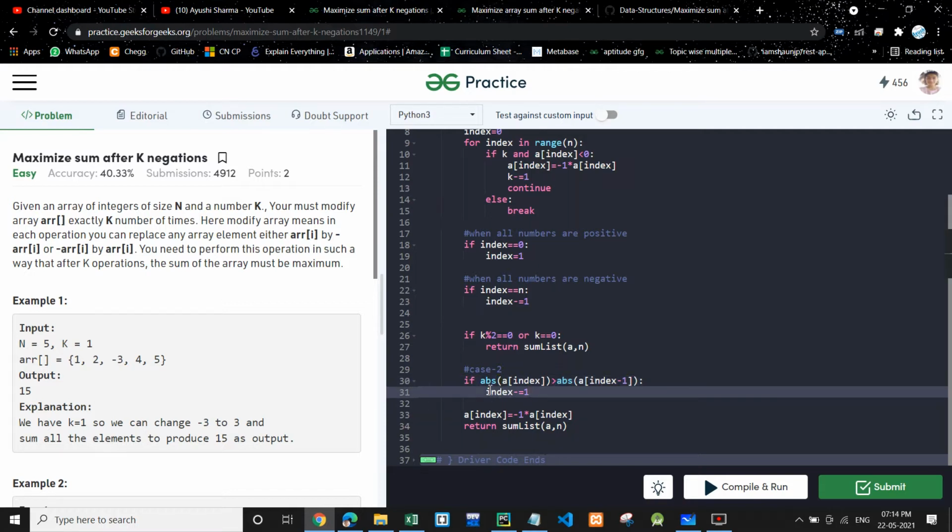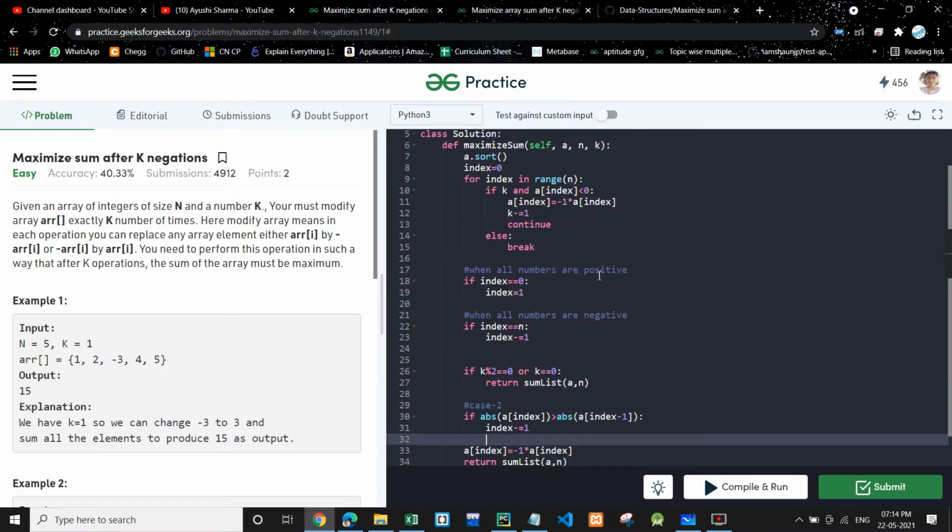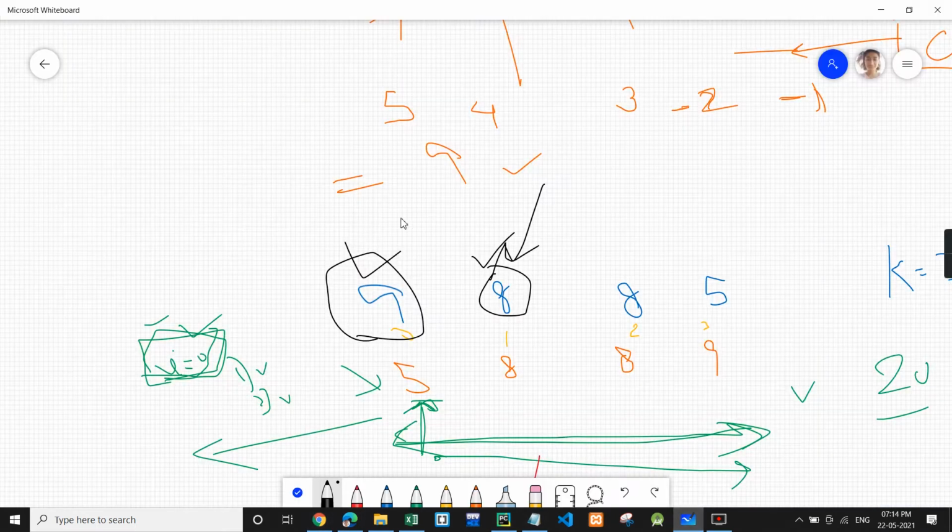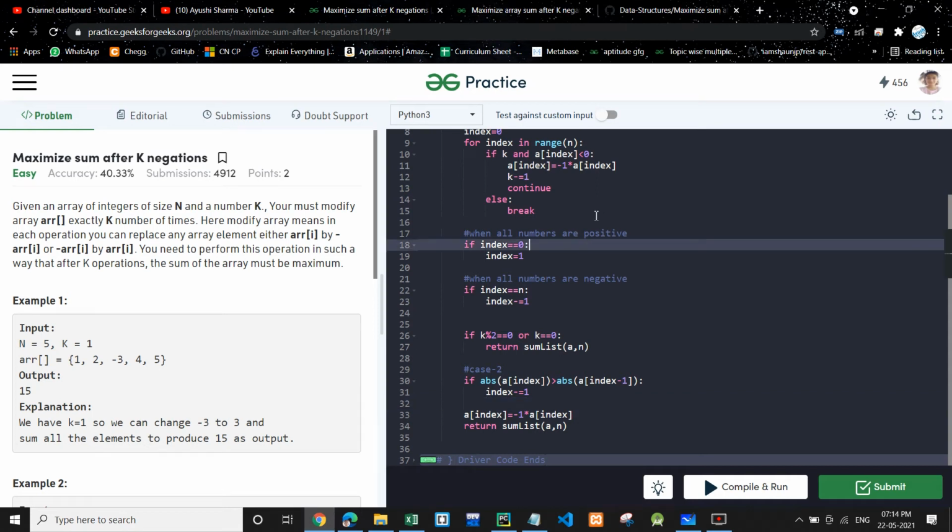So we will change the index by subtracting 1, because now the index where we'll modify is index minus 1, and we will make it negative lastly, and then we will calculate the sum. So the question is a bit trickier, but once you get all the test cases, it becomes easy. Just dry run the code also, you will get a better understanding.